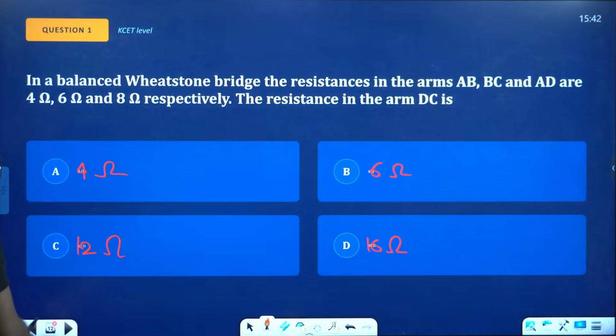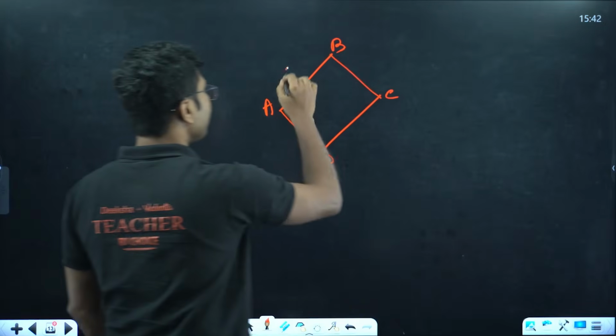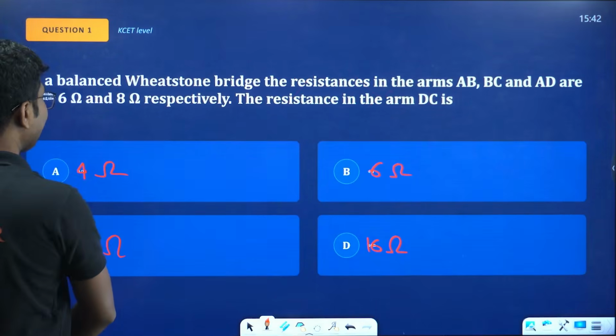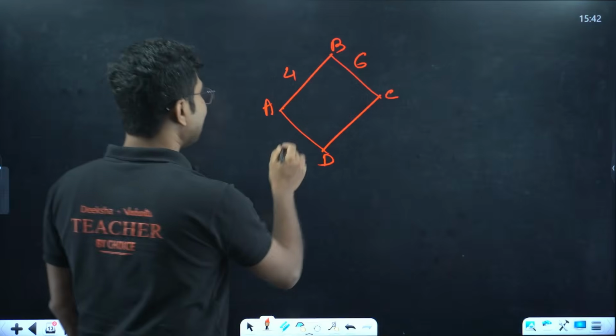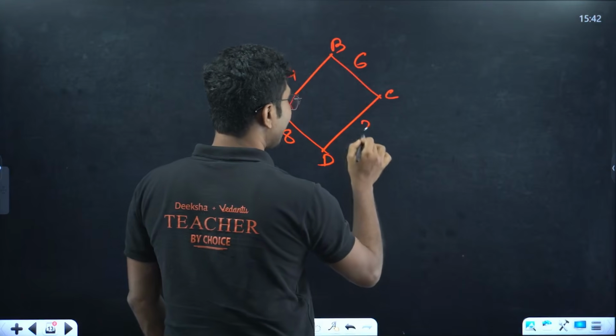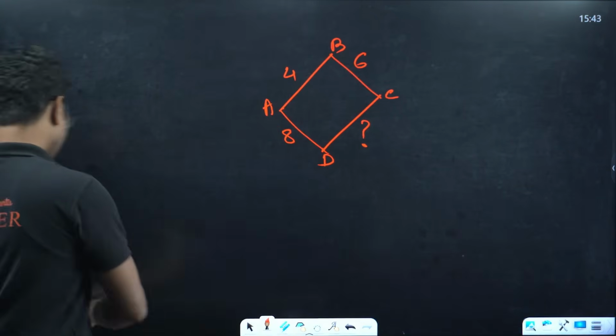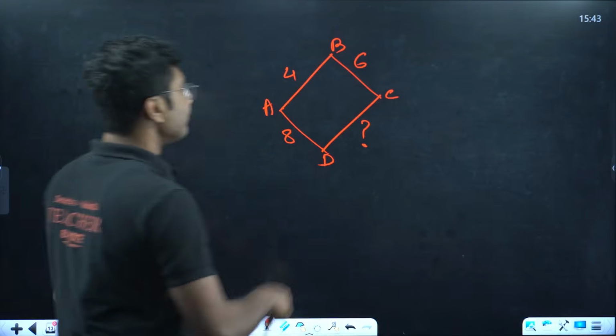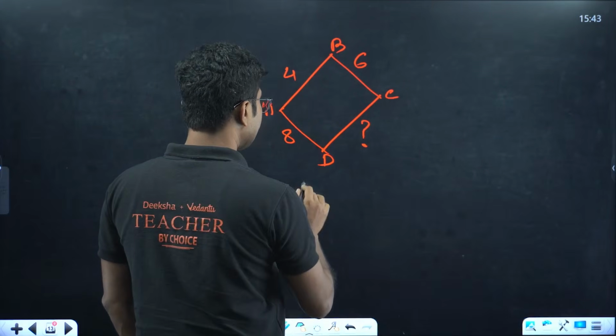AB is 4, BC is 6. AD is given as 8, and they are asking what is the resistance of DC. So we know that in balanced condition 4 by 6